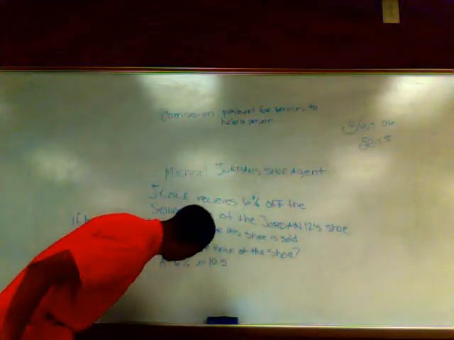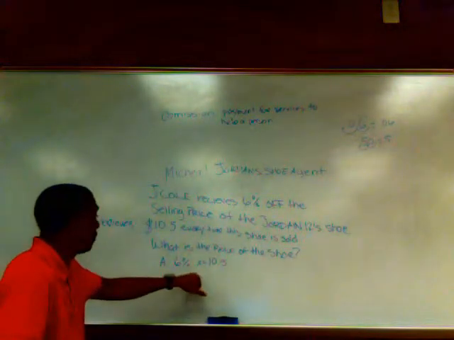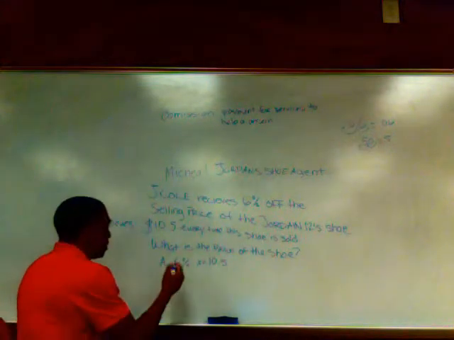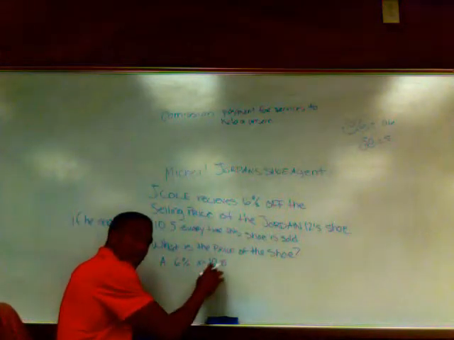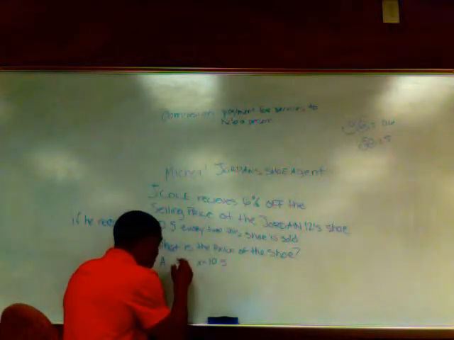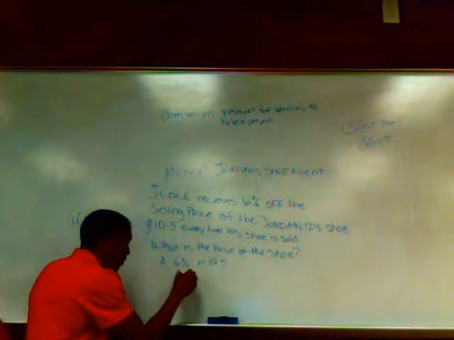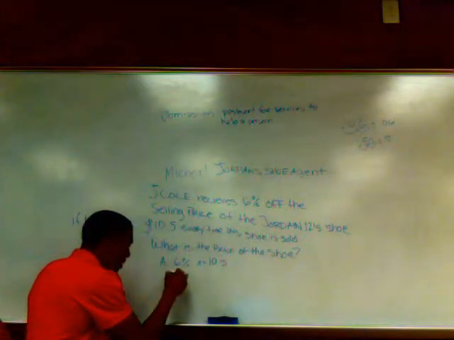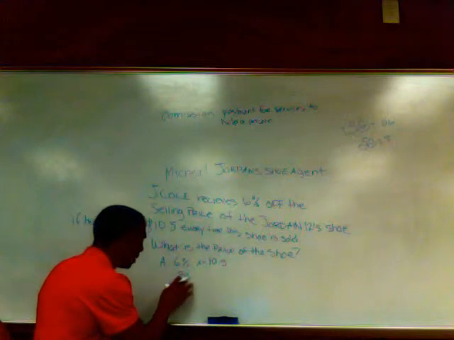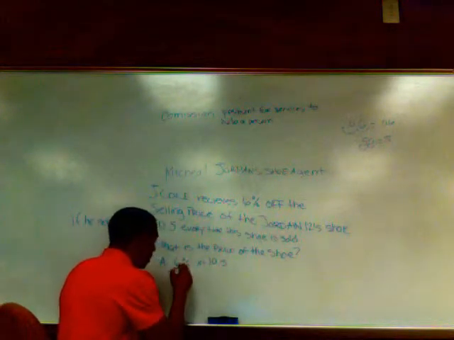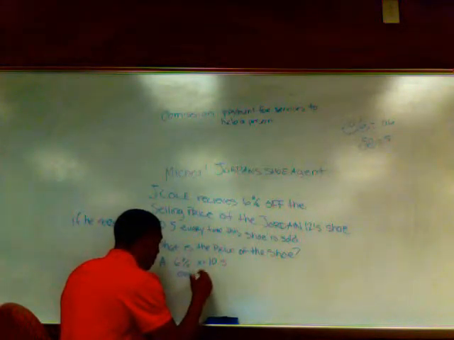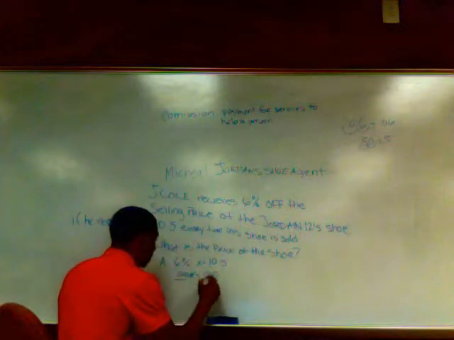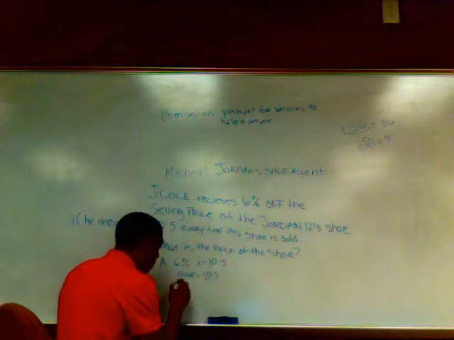However, in this case, to solve for the total value of the shoe, you turn this into a decimal value because you can't divide by a percent. So you turn this percent to a decimal, so 0.06. Again, you just move the decimal place over, 1, 2, and you have 6%. Now what you do is you get x by itself by dividing. So we have x equals 10.5. Divide that over to get x by itself and you solve for x.